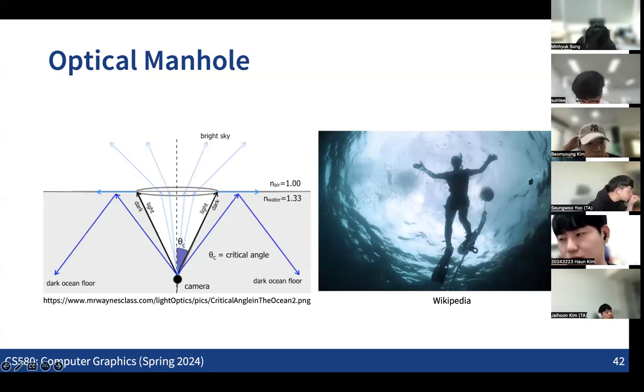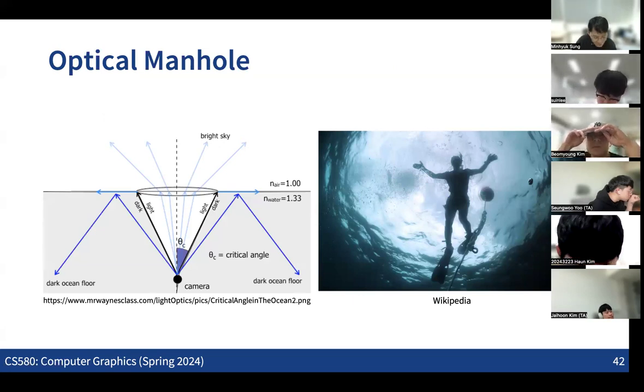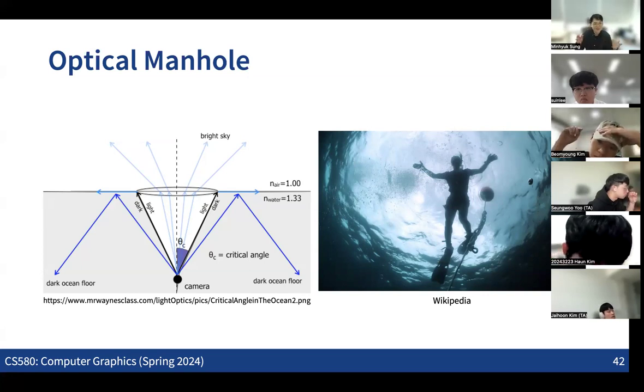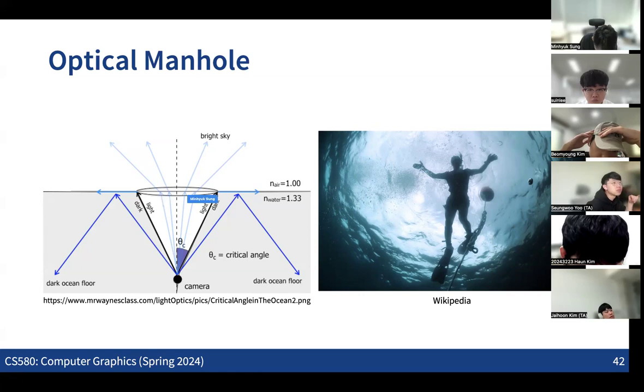you might have seen this kind of image, which is called the optical manhole. Under the water, what we can typically see is that the light is coming in in a cone-like shape. The reason why we see the sunlight coming in in a cone-like shape under the water is that inside the water, all the light is refracted only in this cone-like region. For all the other regions, we are seeing the total